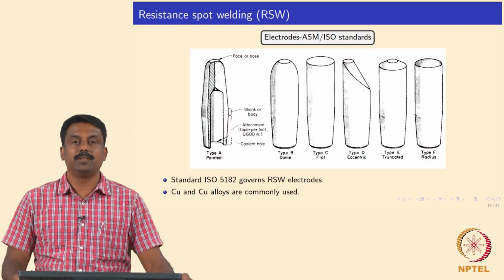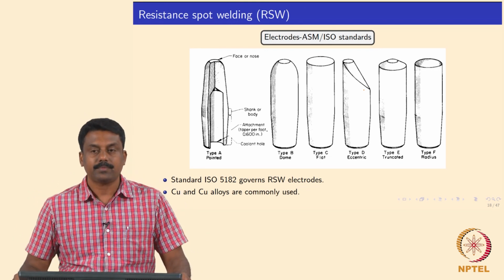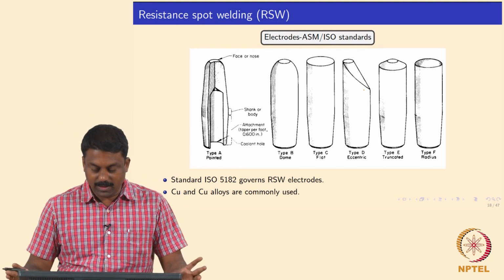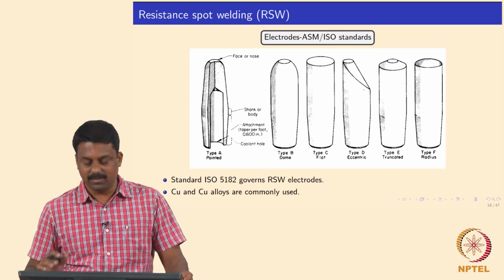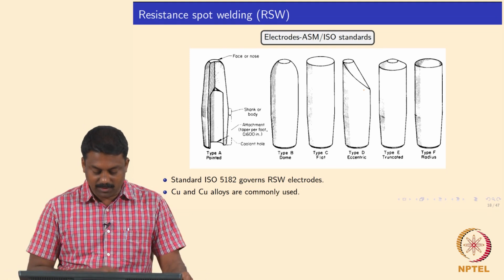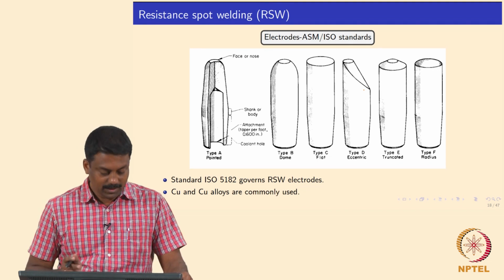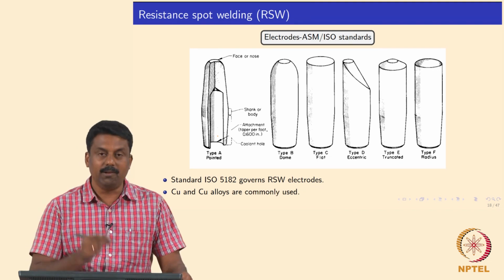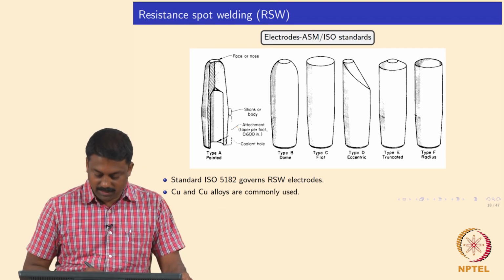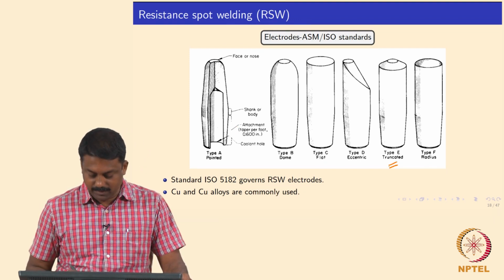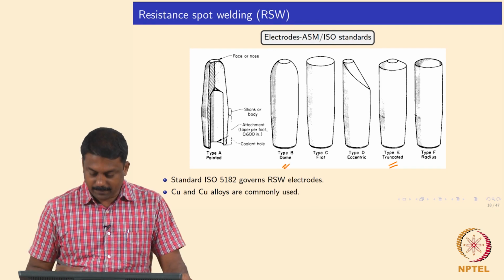So the electrodes, the type of electrodes we use. There are about 6, in fact 7 nowadays. So most commonly used electrodes are shown in this figure. If you look at the cross section of the electrode, I will bring that electrode next class, you can also look at it. The most commonly used electrodes are the type E, okay, and then type B.